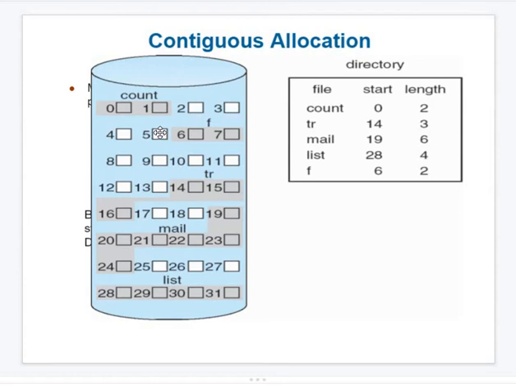So I cannot give 6, 7 because they are already given to F5. So after 5 I will give 8, 9, 10, 11, 12. That's the end. So in the end I will write 12. In the start I will write 2. 2 to 3, so 2 blocks are completed. 3 to 4 and 4 to 5, 4 blocks are completed. I have to give another 5. 5 to 8, this is linked. You can see 5 to 8, 8 to 9, 9 to 10, 10 to 11, 11 to 12. See now, this is one type of allocation.